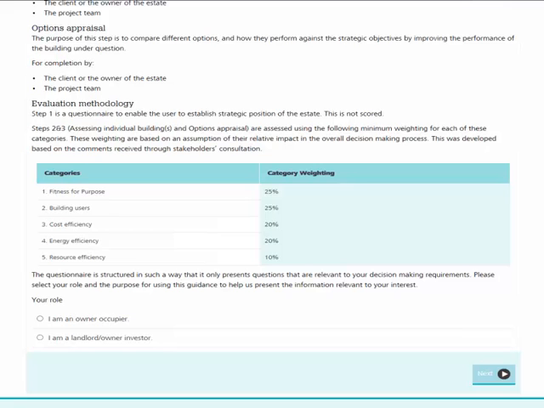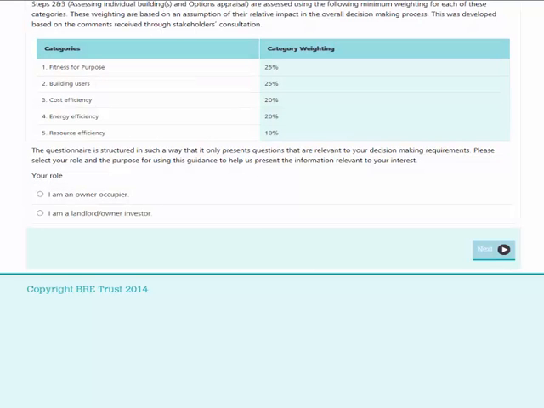To start the assessment, the questionnaire requires you to provide what your role is and state what your purpose is for using this guidance. The reason for doing this is to present to you only the information that's relevant to your interest. For example, if you select you are an owner-occupier,